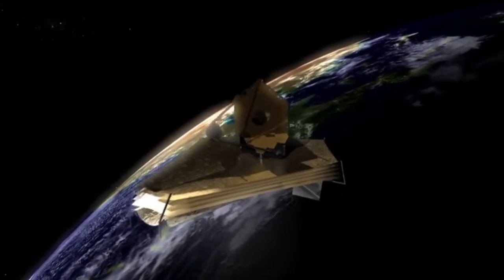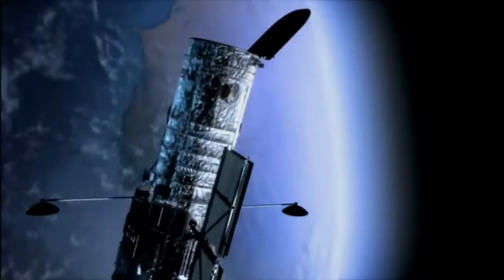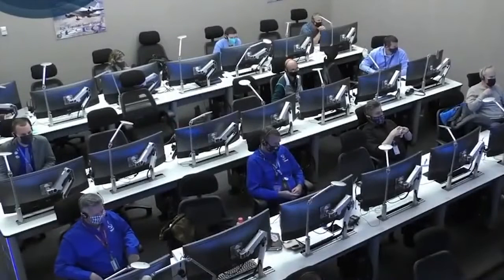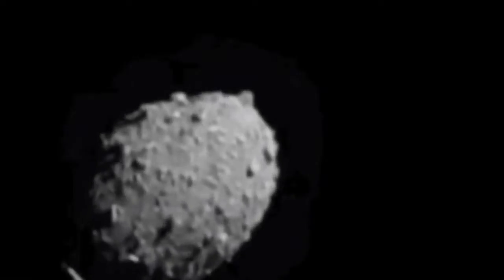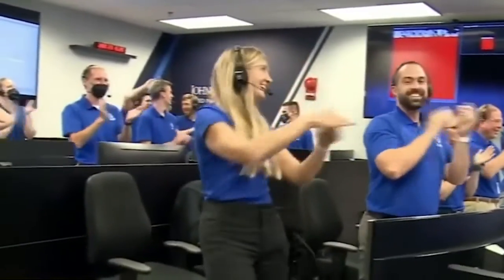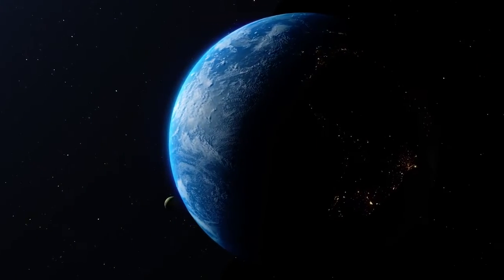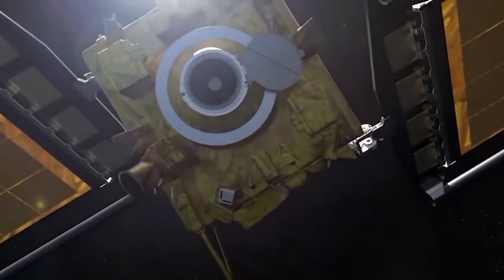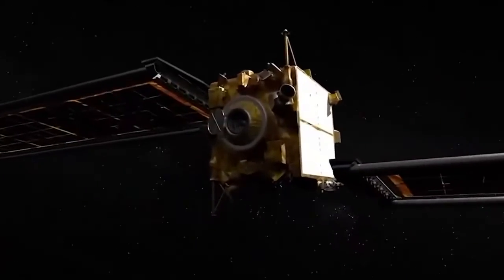The James Webb Space Telescope and the Hubble Space Telescope, two of NASA's great observatories, have captured images of a first-of-its-kind NASA experiment. This test was created to purposely crash a spacecraft into a small asteroid in the world's first-ever in-space test for planetary defense. During NASA's DART launch into the asteroid, the James Webb Telescope and Hubble Telescope both captured the same celestial target